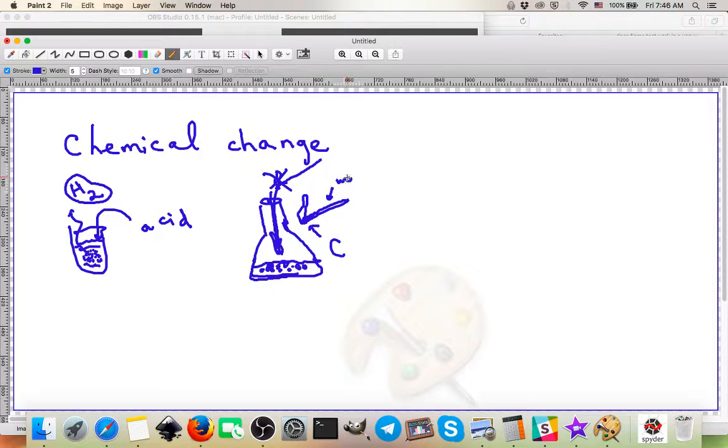So this is a chemical change. Something has changed from one pure substance to another. Wood is actually a mixture, but inside wood there are pure substances which change into carbon, which is a pure substance. Now, I'd like for you to discuss further some other chemical changes that you notice in your daily lives.